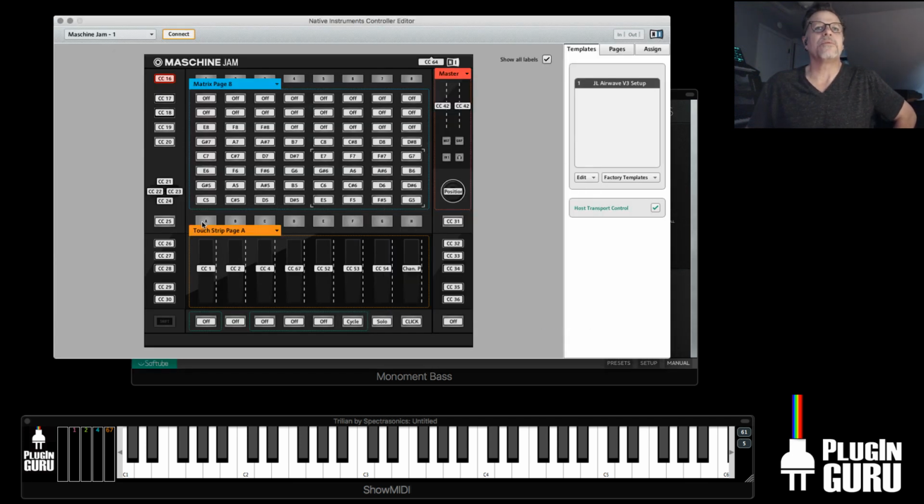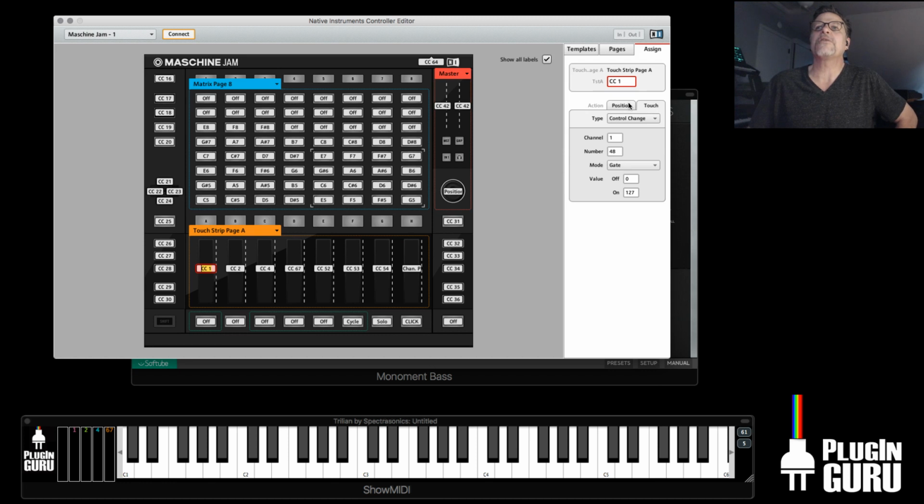If you're on A, make sure that you're on touch strip page A, because there's A through H. You double click this, and right here is where you see your position. That's the one you want to modify. This one is position 2, so that's MIDI CC2. Here's where you choose what MIDI CC you want it to be,